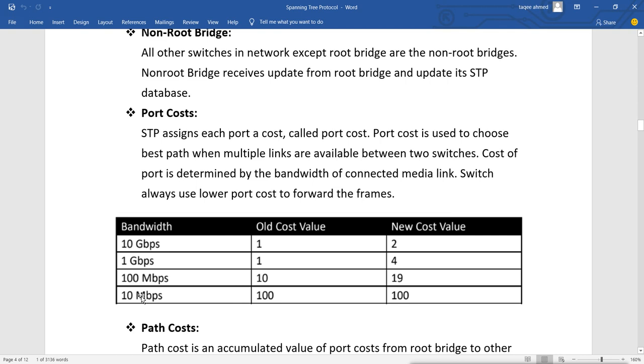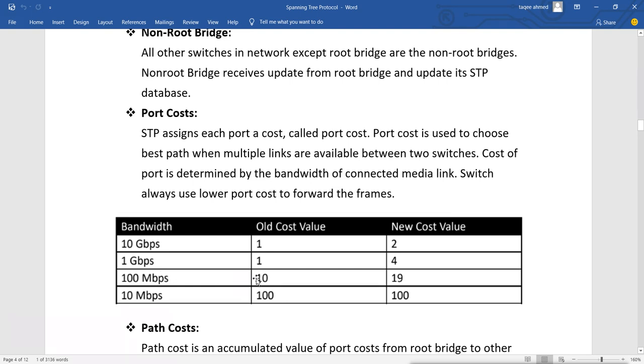If we have 10 Mbps speed, the cost is 100 for both old and new, which is okay. If you have 100 Mbps speed, it is faster than 10 Mbps, so it must have a lower cost than 10 Mbps. In the old values you have 10. When you have 1 Gbps, it is faster than 100 Mbps, so it must have a lower cost than the 100 Mbps link.